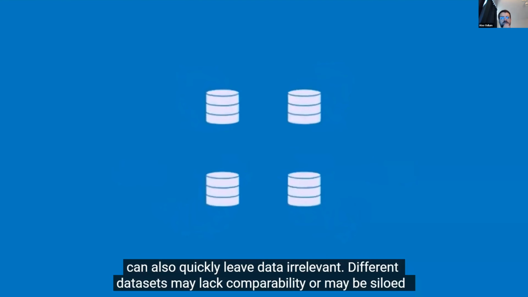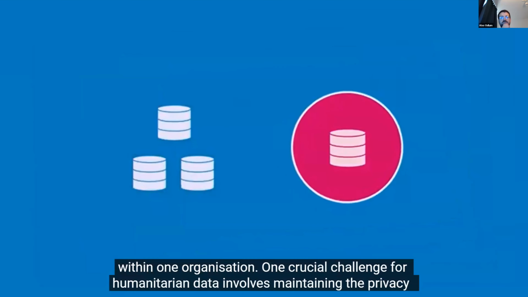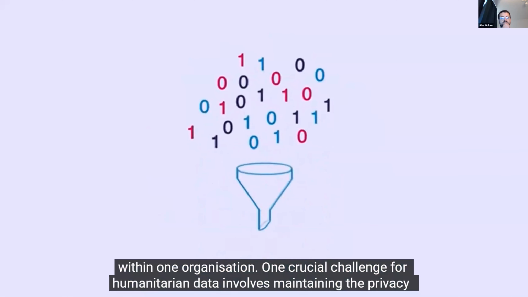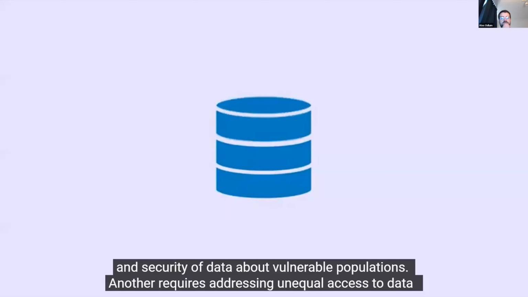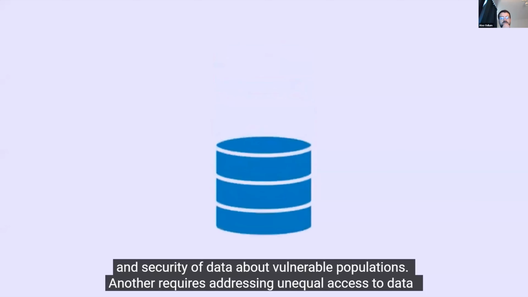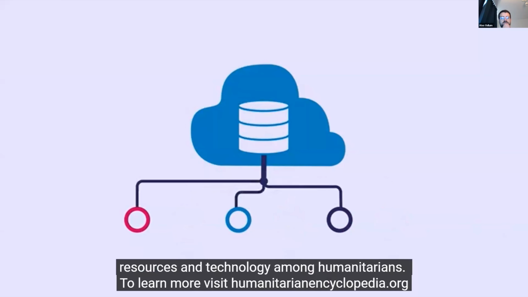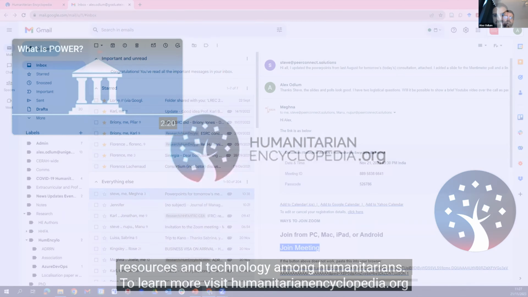Different datasets may lack comparability or may be siloed within one organization. One crucial challenge for humanitarian data involves maintaining the privacy and security of data about vulnerable populations. Another requires addressing unequal access to data resources and technology among humanitarians. To learn more, visit humanitarianencyclopedia.org. So